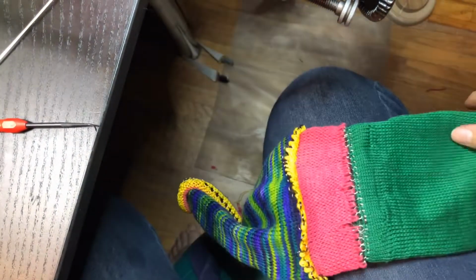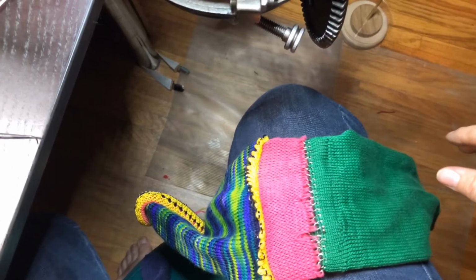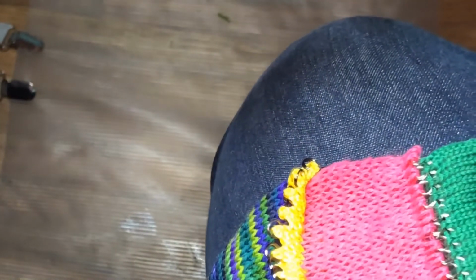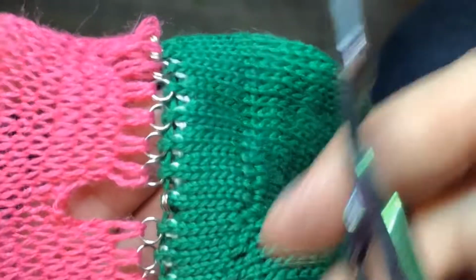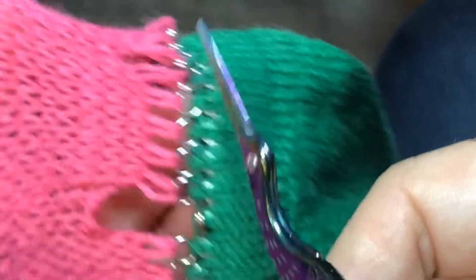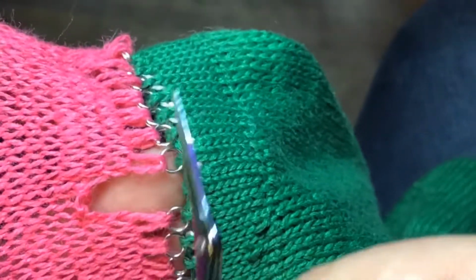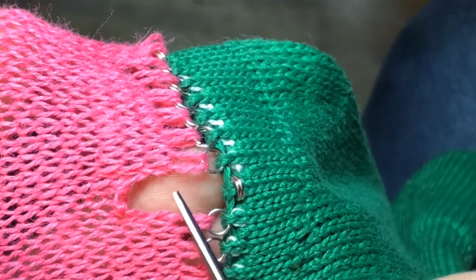Now certainly you have a couple options here. You can choose to simply go to town with your scissors and separate the scrap from your cast-on bonnet. That's the good thing with using the metal rings, is you can pretty much cut like a crazy person, and unless you really go crazy, you don't usually cut anything but the bad fiber because you're working here on the scrap. Or what you can do, something I like to do,